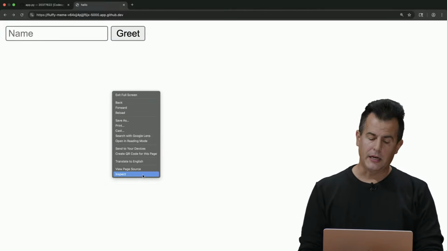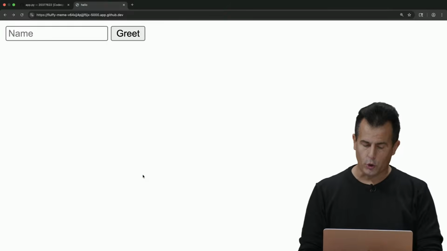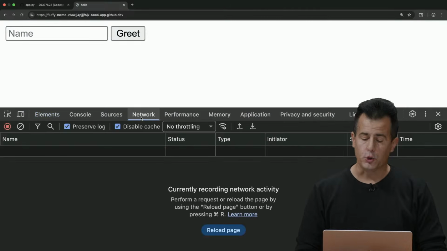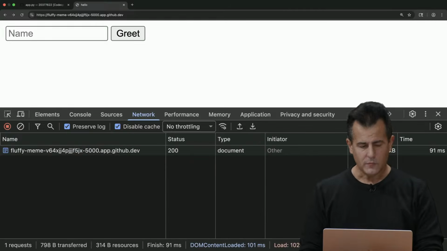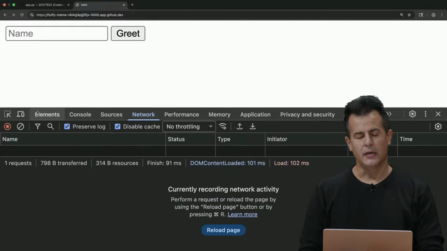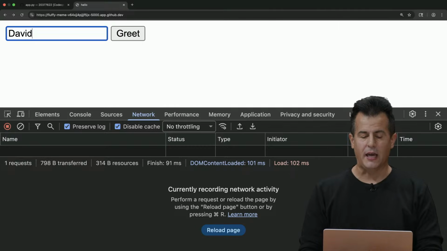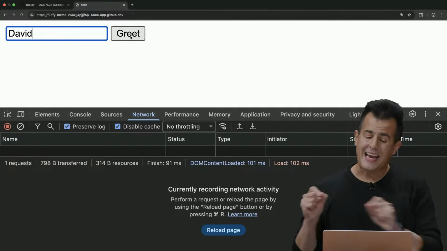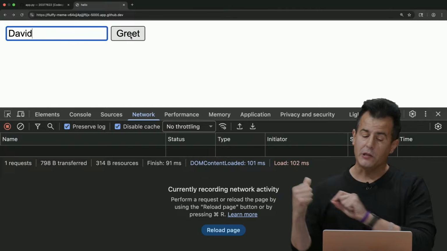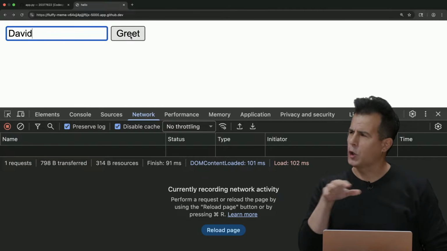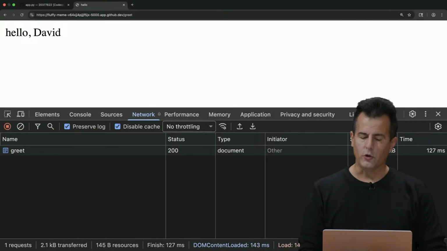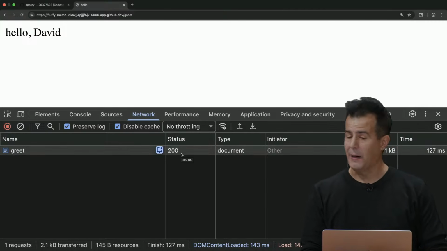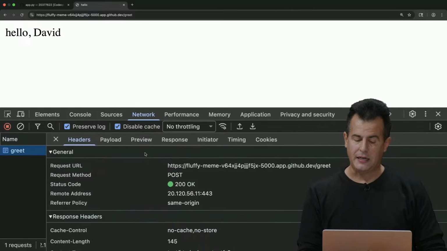Let me right-click or control-click on my desktop and go to inspect. Here's where developer tools can be super useful as well. I'm going to go in here, and I'm going to go ahead and clear this. And now I'm going to type in David again, and I'm going to click greet. But because I have the network tab open, like we played with last week, it's going to show me all of the requests going from my browser to server, which is going to be useful here because not only do I see, OK, it obviously worked because I got back a 200,